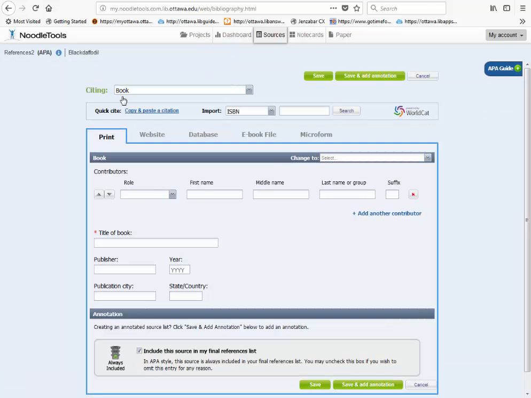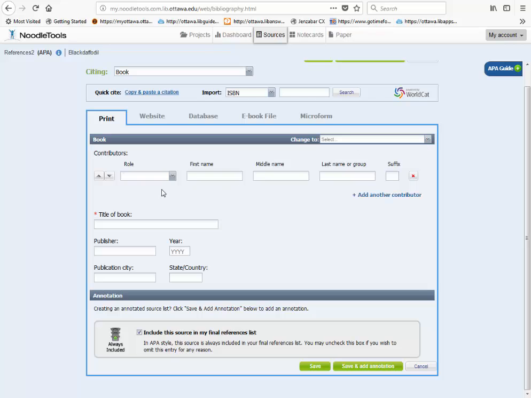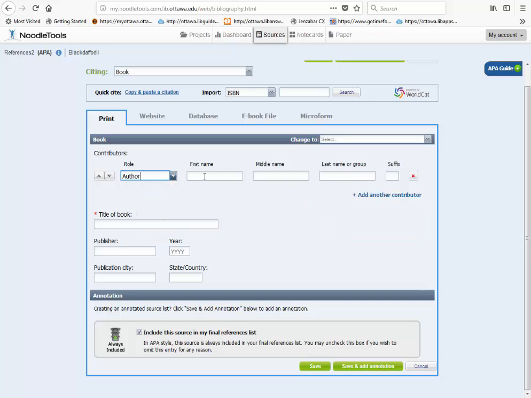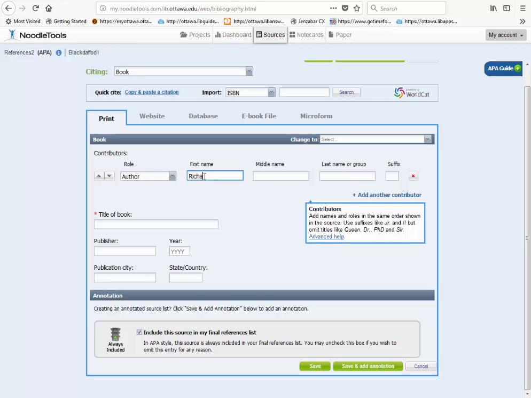So I'll click on the book, and as you can see now, it's giving me an option to put in all my information. The role here is that this is the author that I'm talking about here, and so I'm going to put his first name in, and his first name is Richard, and he doesn't have a middle name, but his last name is Rohr, and so I'm going to put that in.